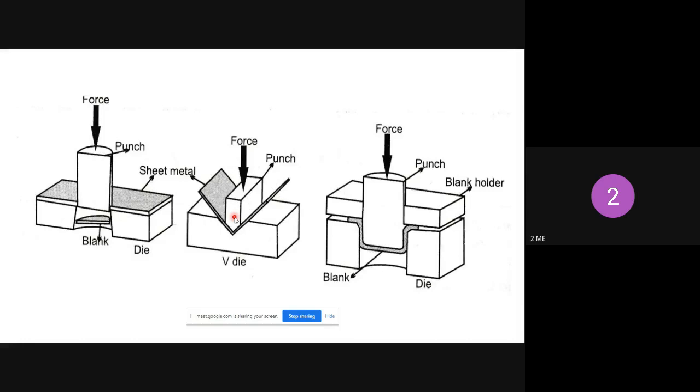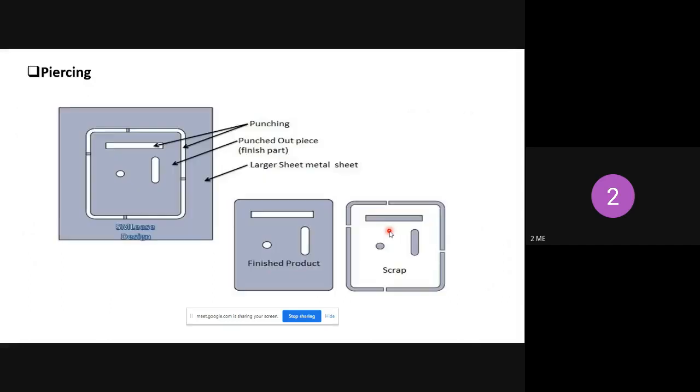The bending operation is applying pressure with the help of a ram or punch. Because of that pressure, the sheet metal will bend. That is the sheet metal bending operation. In the drawing operation, proper holding devices are also required, and applying pressure with the punch gives you a cup shape. Containers and cups can be produced with the drawing operation. These are the three varieties of sheet metal operation.